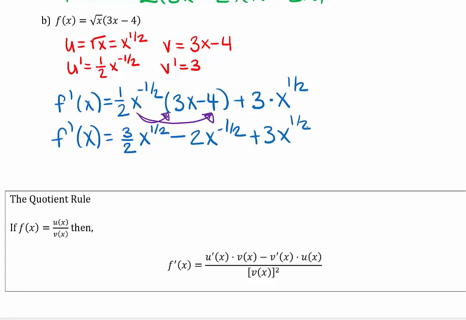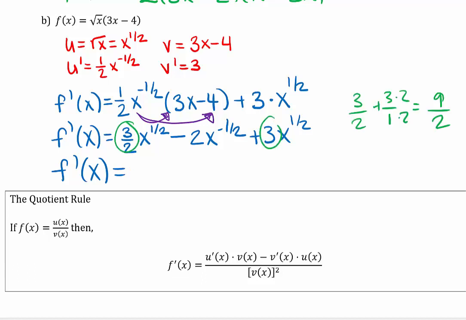And then I've got some like terms. I can add those x to the 1/2s together. 3/2 plus 3 is 9/2. So I get 9/2 x to the 1/2